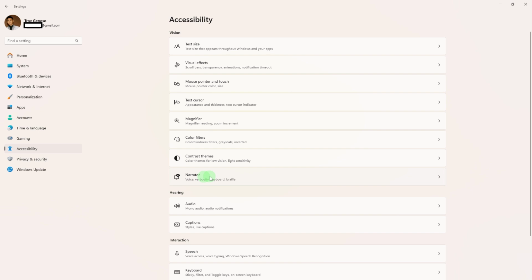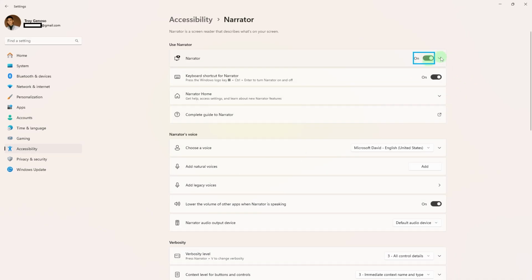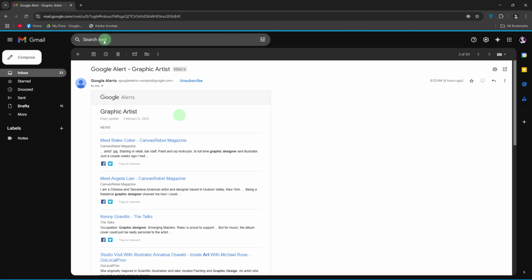Turn on Narrator. Toggle on Narrator or press Win plus Control plus Enter as a shortcut. Adjust Narrator settings. Customize the voice and other options under Narrator settings. Highlight and read text. Open a document, web page, or email, then use Caps Lock plus R to start reading